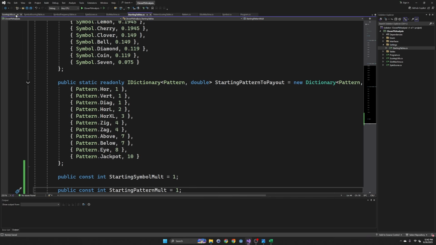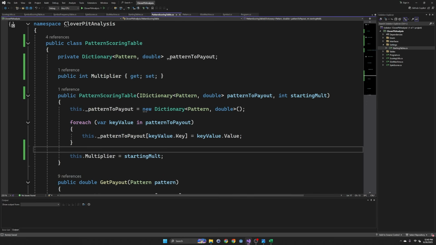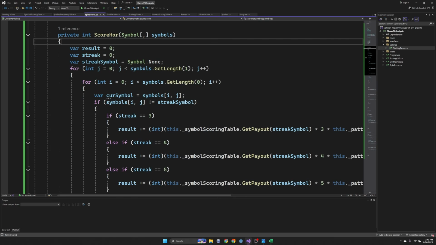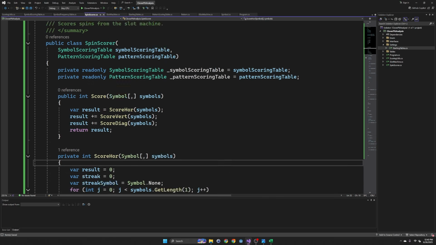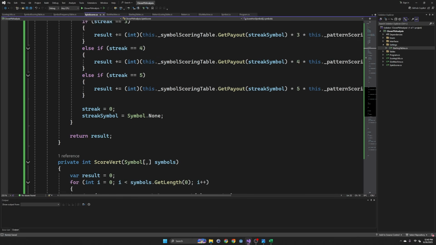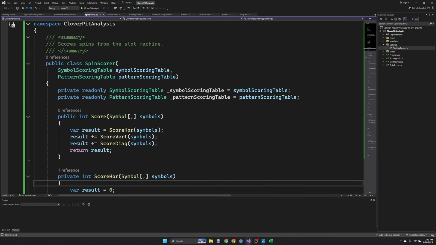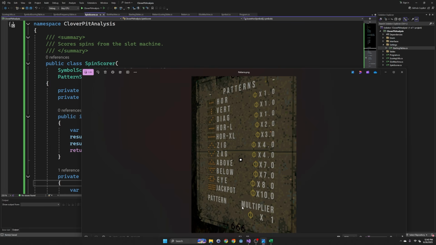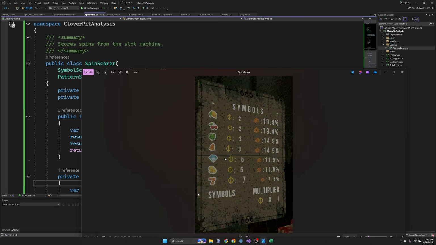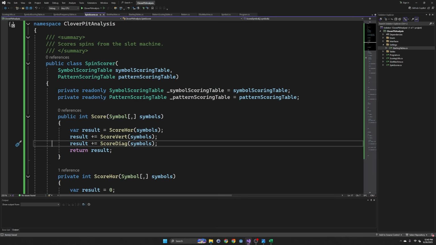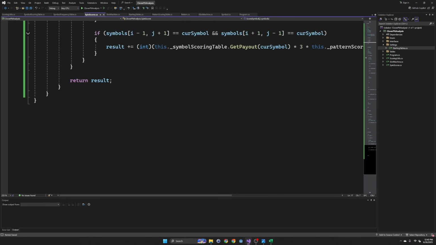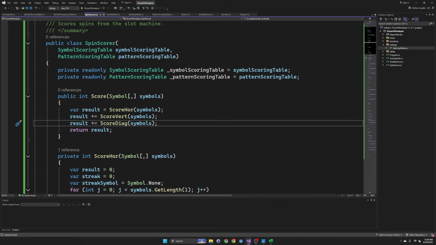So, really, at the end of the day, this is all going into the same thing. So I can just do all of this independently and then multiply it by the pattern mult and the symbol mult, right? Am I wrong about that? I'm just trying to think here. Yeah, they're all getting multiplied by the same thing. So let me just make that simplification for now, and if I realize that I'm being stupid, I'll correct it later. Anyway,